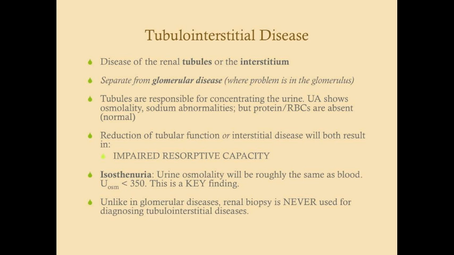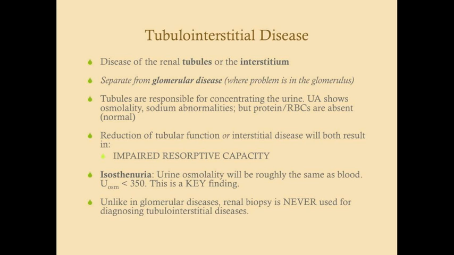In the tubulointerstitial diseases, the urine osmolality is going to be low. Why? Because the tubules are damaged. And if the tubules are damaged, we can't concentrate urine. So the urine osmolality is going to be low. And the urine sodium is going to be high because we can't bring that sodium back from the tubules into